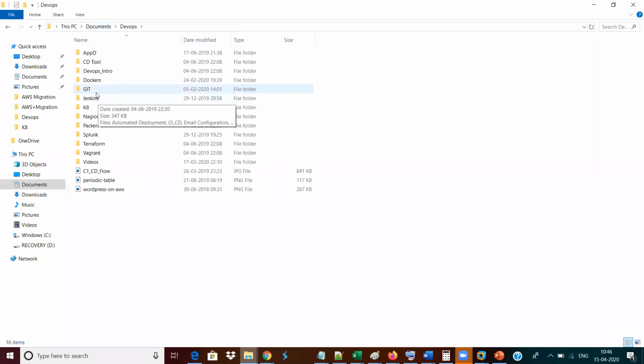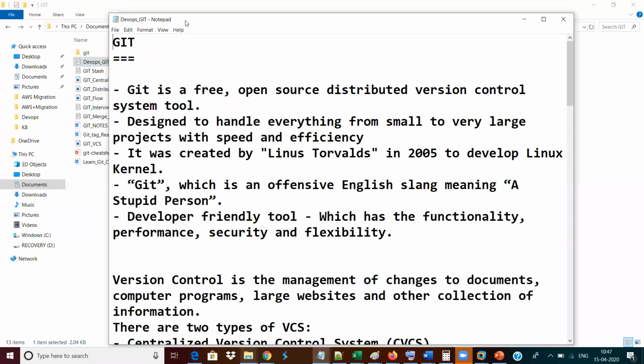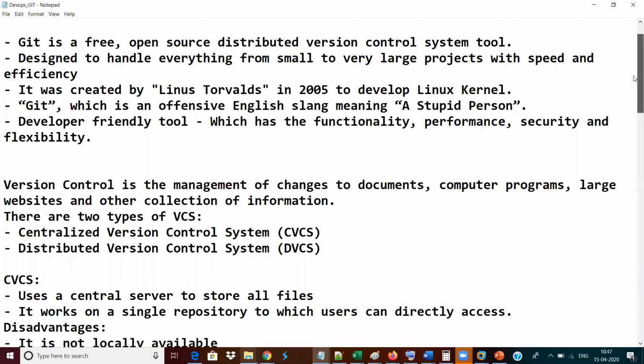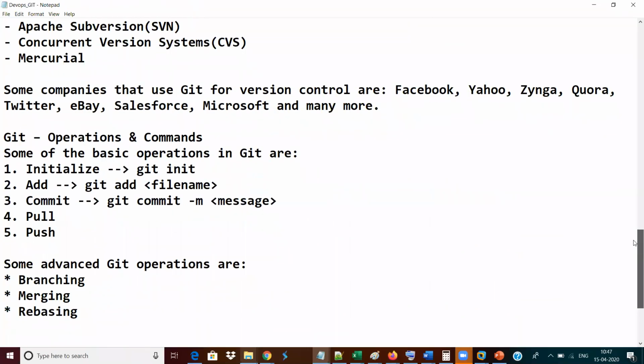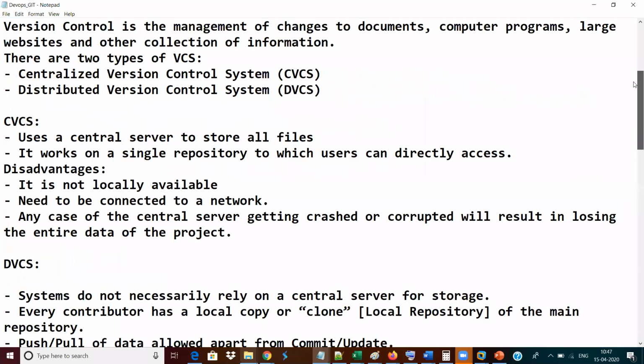But ultimately here, first we need to understand why we need DevOps, what we are going to achieve out of this DevOps. That is the ultimate aim of this particular learning, right? So before I start, I need to first show you that introduction. So I have made one documentation for you, which will explain in detail the entire stuff related with Git and the version controlling tool, what the types of version controlling tool are, what the features of Git are, who the competitors in the market are, and what the basic operations related with Git are. Everything you can refer in this particular documentation.